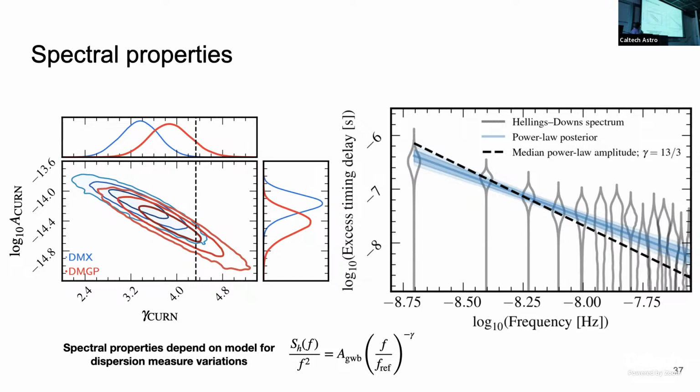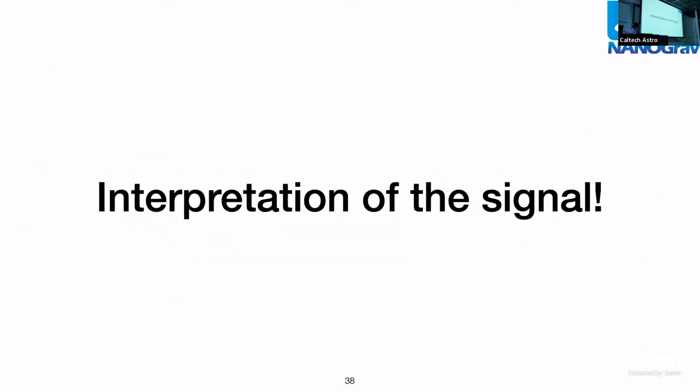On the right here, we've got our spectrum as a function of frequency. So these blue lines represent the uncertainty in this blue over here, and these gray violins represent what happens if you model each frequency independently. And you see that these gray violins agree pretty well with the power law. The difference between the blue and the red here is something you might be asking, and those differ on how we do our noise modeling. So this differs on how we model the dispersion measure fluctuations that these pulses see as they move between the pulsar and us. So let's move on to talking about our interpretation of this signal.